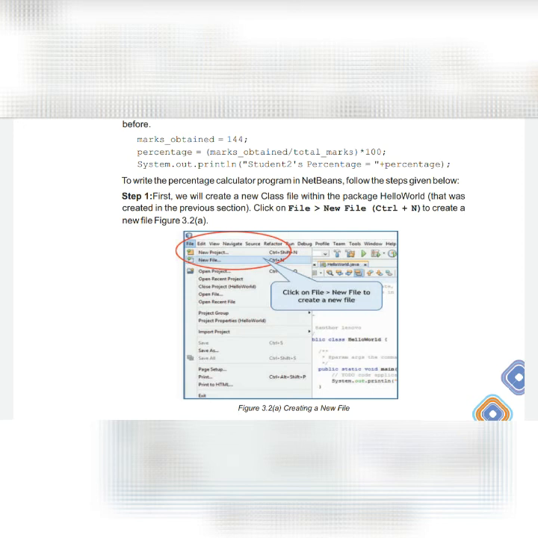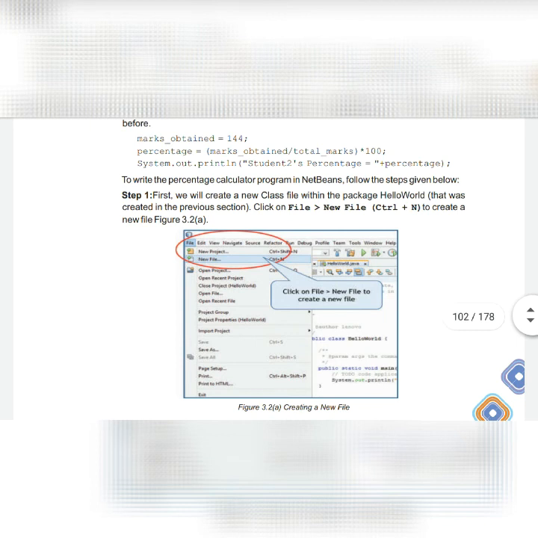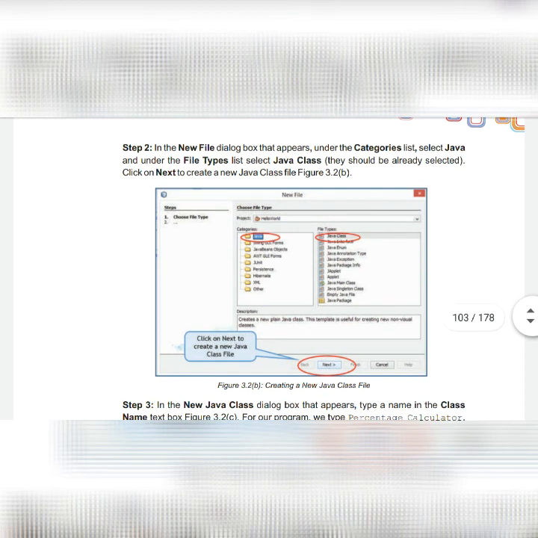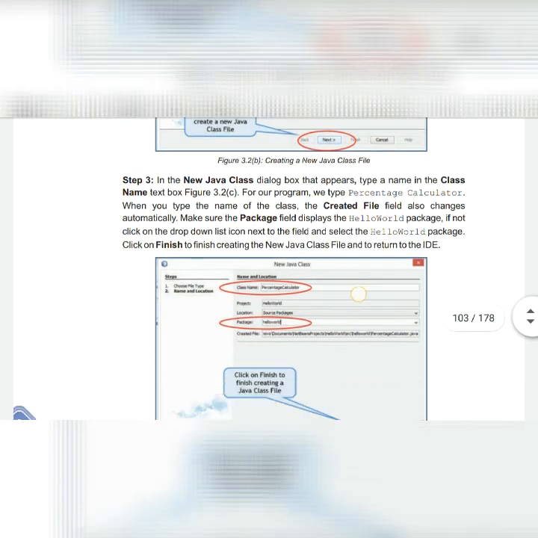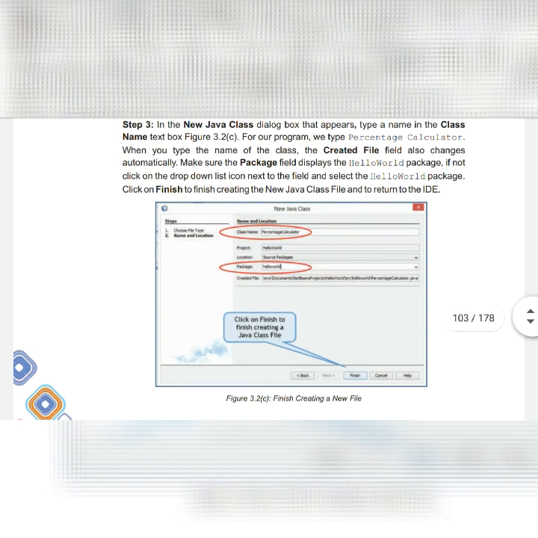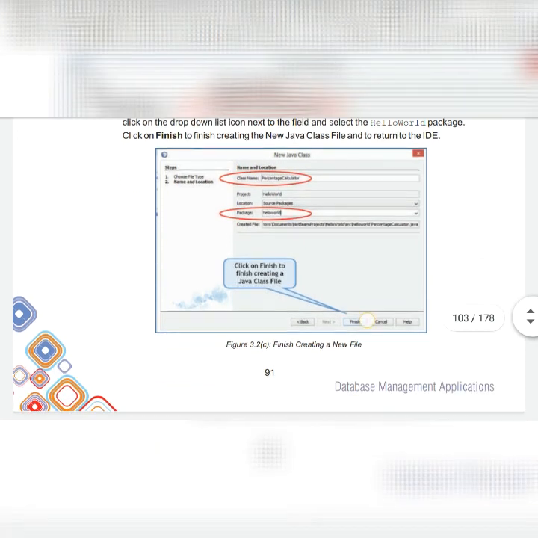For that you go to File, then select New File, or you can also press Ctrl+N, the shortcut key for a new file. After that select Java and then Java Class, click on Next, and then type the program name here. The package will get changed as you write here, and click on Finish.